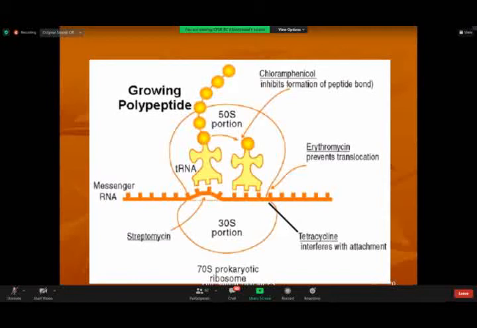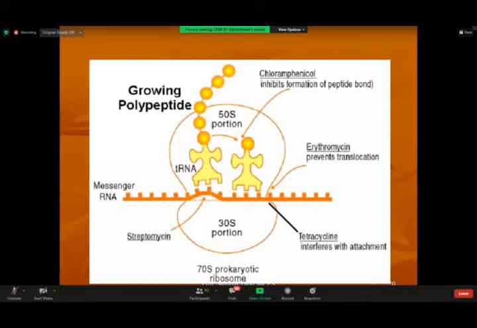50S पे chloramphenicol and macrolides are the ones which have an effect. Chloramphenicol inhibits the formation of the peptide bond, and therefore there is a decreased production of the proteins necessary, and therefore there is decrease in the protein formation in the bacteria, and the bacteria which were growing need the protein formation for their normal growth. It doesn't occur, and therefore the bacteria die off. Erythromycin is one of the macrolides, and this prevents the translocation of the protein, and again protein formation is decreased.